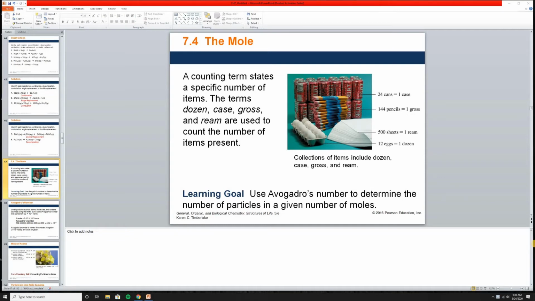Hey guys, this is part 2 of chapter 7, and we're going to cover a lot of math this time. It's going to be the mole, a lot of calculations involving the mole, and grams, molar mass, things like that. So we're going to learn a lot of different skills in this unit, and it will be on the exam